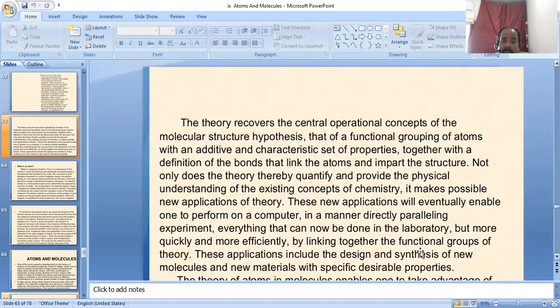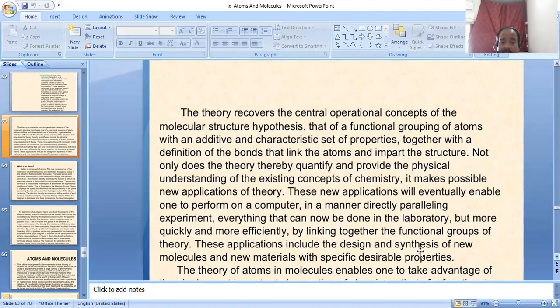And the theory recovers the central operational concept of the molecular structure hypothesis, that of a functional grouping of atoms with an additive and characteristic set of properties, together with a definition of the bonds that link the atoms and impart structure. Not only does the theory thereby quantify and provide the physical understanding of the existing constructs of chemistry, it makes possible new applications of theory, and these new applications will eventually enable one to perform on a computer, in a manner directly paralleling experiment,